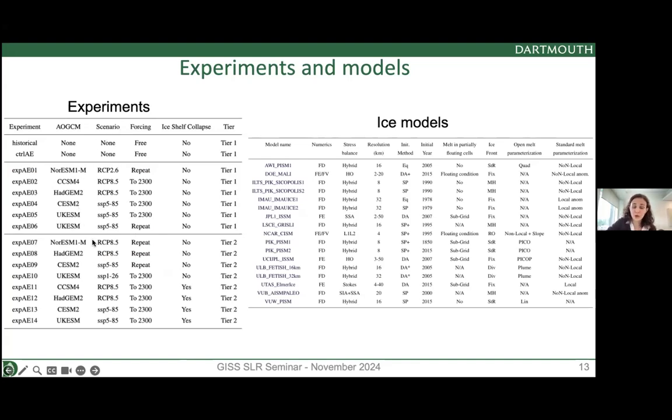You see we mostly focused on high emission scenarios. And then we have on the right the ice sheet models that participated, and you see here a large diversity of models. We can look at the stress balance they include, the numerics, finite element, finite differences, the resolution of these models, how they are initialized, the melt parametrization I just talked about, ice calving front. And in 15 seconds, I'm obviously not expecting you to remember all of that, but the idea here is that we really capture the range of diversity of parametrizations that is part of the ice sheet community today.